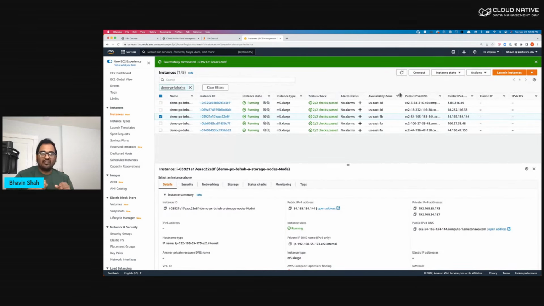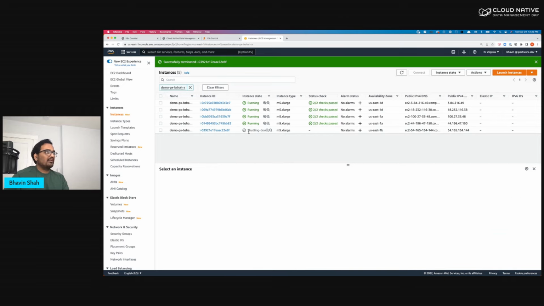So it takes a few minutes for the node to completely go offline, and then for EKS to recognize that the node is now offline. So once EKS recognizes that, it looks at all the pods that were running on that node and then spins it up on a different node in the cluster. Because of the way we work with EKS, we'll tell EKS to only spin up the pod on a node where one of the volume replicas exists, so that as soon as the pod is up, the IO can continue and PG Bench can continue writing and creating new database instances. So let's see. Okay, it's shutting it down.